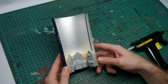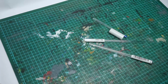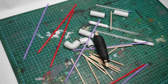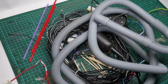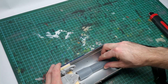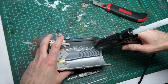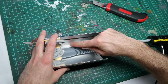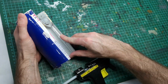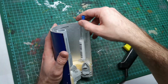Now the fun part starts. Greebling. I think it's not a real word, but what it means is you add stuff until it looks good. For that reason I gathered everything pipe-like and wiry to add. It's supposed to look like a lot of wires and pipes come together from this ancient piece of technology. Maybe it is some sort of distributor where all the electrical power or information is coming together to be rerouted to somewhere else. What I'm adding here are wires from electrical trash and installing lamps, drinking straws, barbecue skewers,